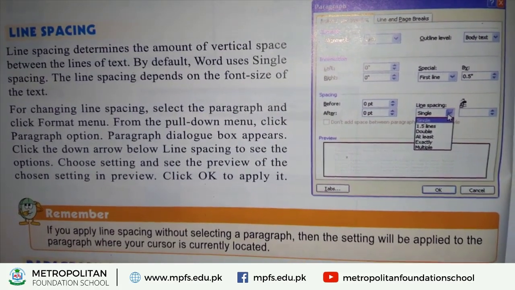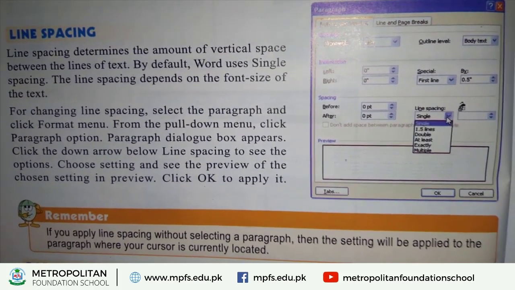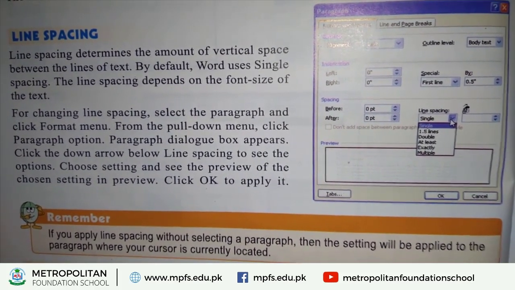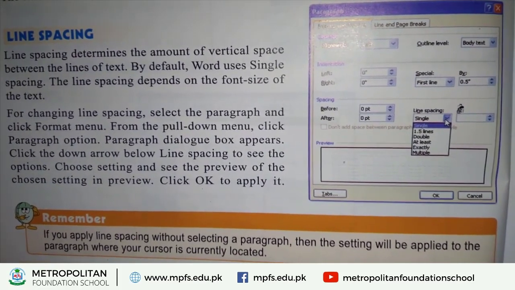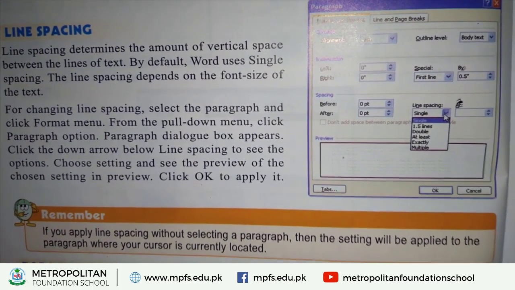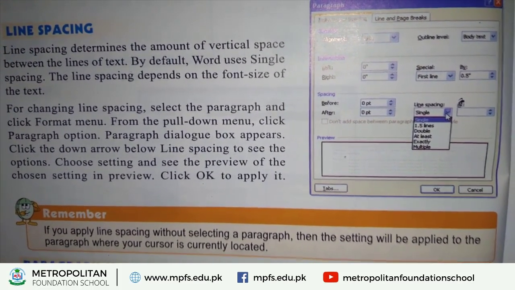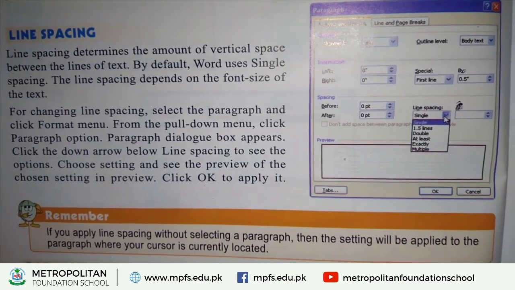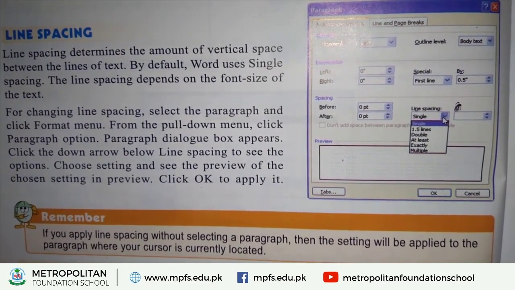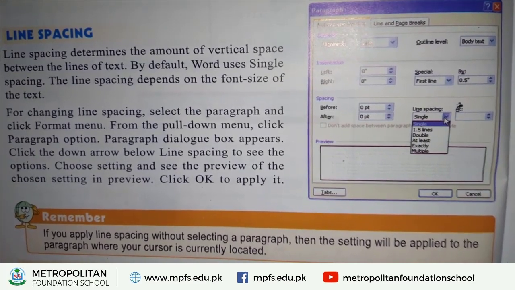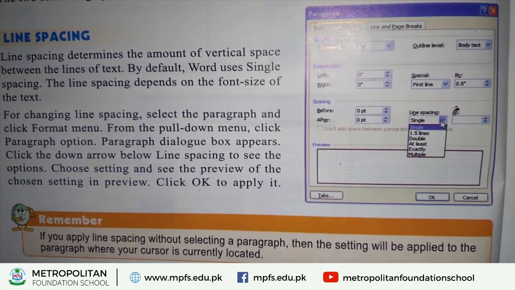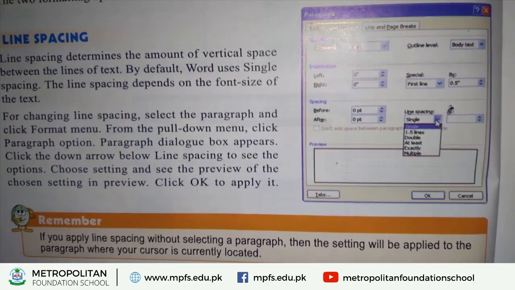From the pull down menu, click the Paragraph option. The Paragraph dialog box appears. Click the down arrows below line spacing to see the options. Choose a setting and see the preview of the chosen setting in the preview. Click OK to apply it.